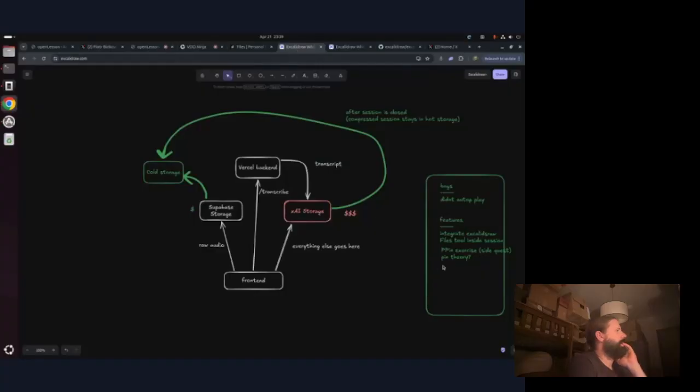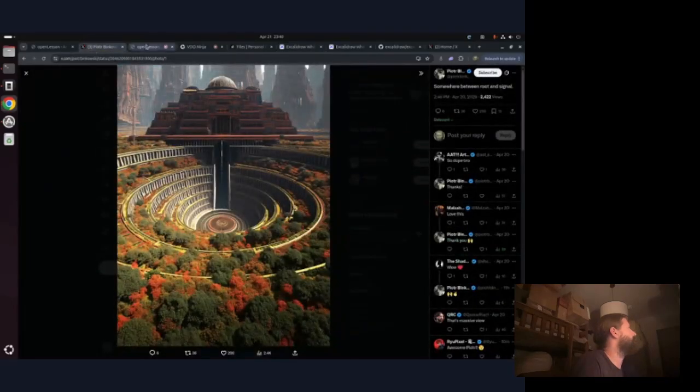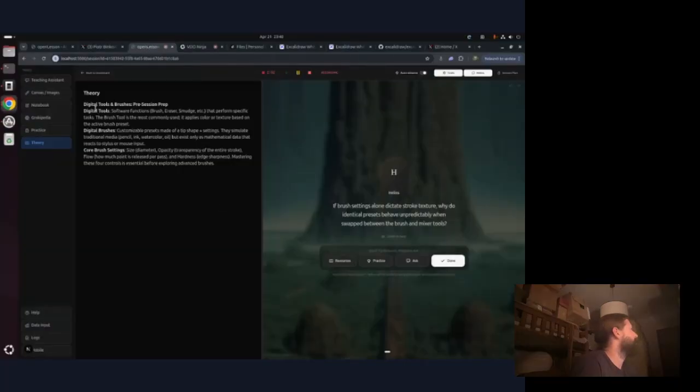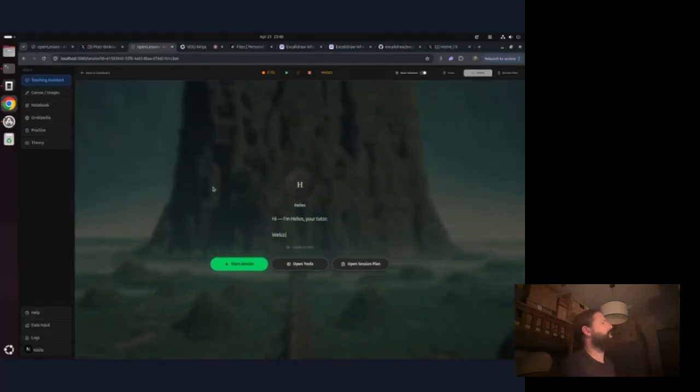So, add prompt to modify, but these are features that I can easily add later. These are features I can easily add later, but that's cool. Okay, so that's this, and then awesome. And when you need help, it goes back to this mode, and then I'm going to add a few